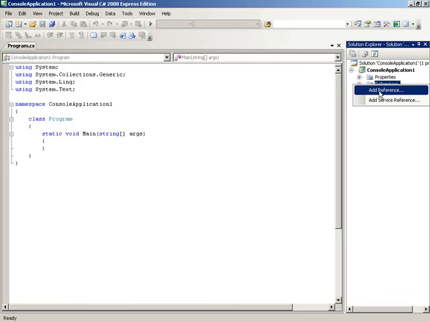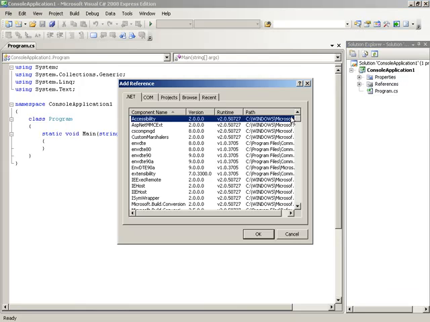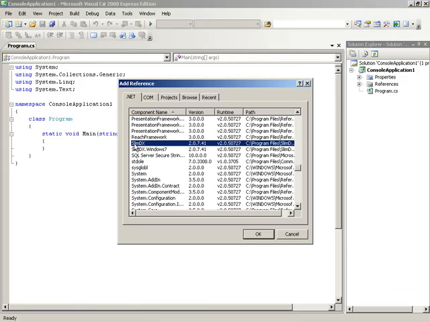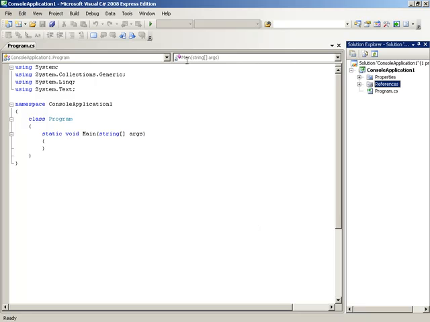We'll right-click on References, go down to Add Reference, and from here I'll hit the S key and make sure that SlimDX shows up in the available references that we have under .NET. Perfect. So this shows that we do indeed have SlimDX as an available library for use inside of Visual Studio. So we'll cancel that out. We'll end up discarding this project altogether. This was just to allow us to look at that reference. Which means that our installation was successful and we are ready to move forward, which wraps up this video,